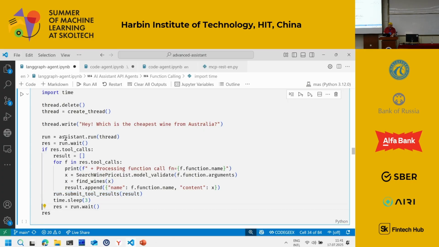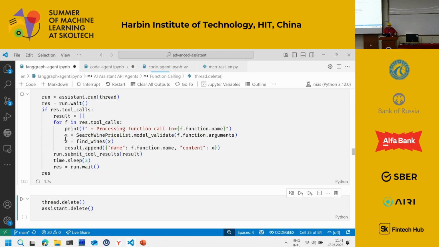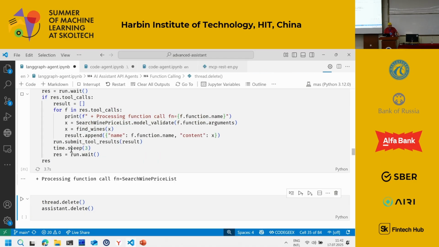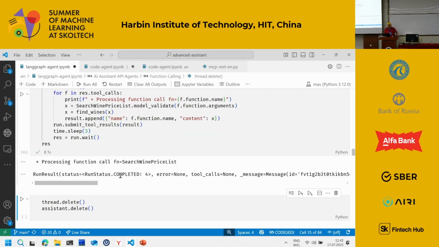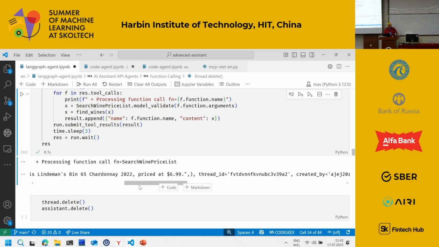And then I wait again for the final result. So that's how it works. I run this. It tells me processing function call, and gives me the final result, status completed, and the answer: the cheapest wine from Australia is the following. So that is how function calling works.